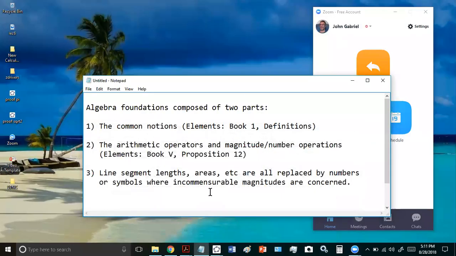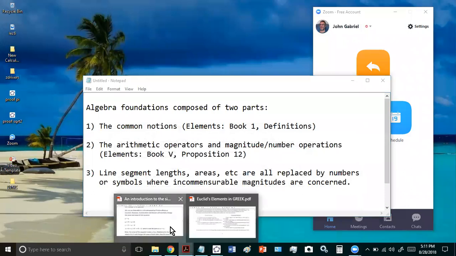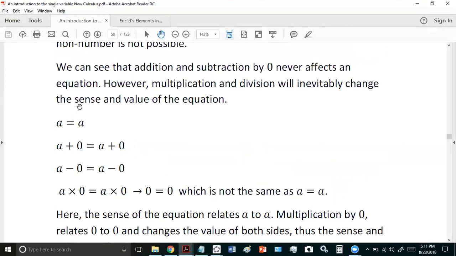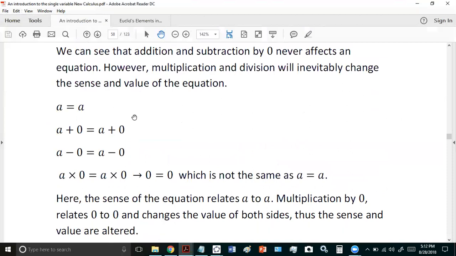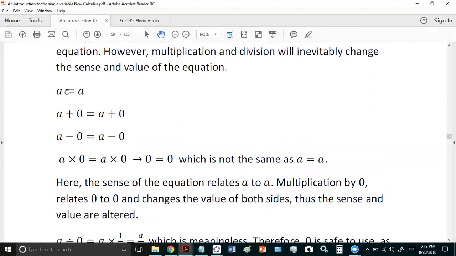Okay. So zero doesn't make any difference. However, multiplication and division will inevitably change the sense and value of an equation. So we'll see now what the sense and value are. And you've never heard of these terms used in algebra before. I'm the first to reveal this to you. Let's just see here how it doesn't change